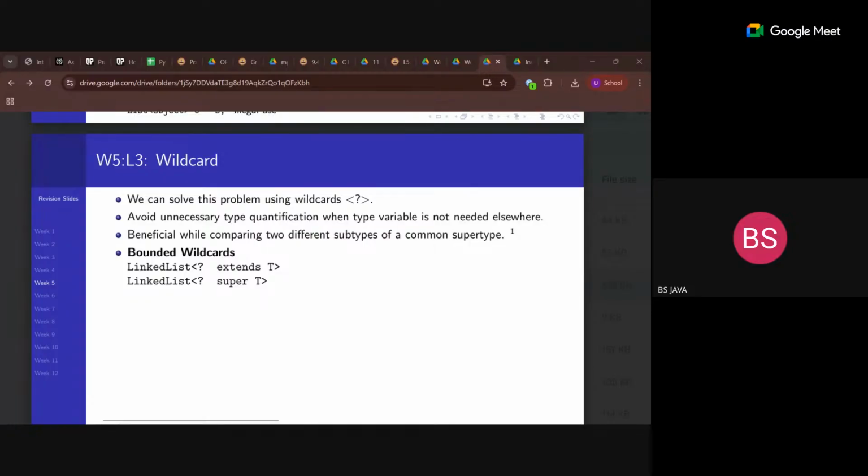Okay. So the major thing in wildcard is that it increases the flexibility of the code. Whenever we are using the subtype, we need not mention what exactly it is. You can just give it as list or map, whatever it is. So here we have two types of wildcards. One is unbounded, and next is bounded. In bounded, it can be either upper bounded or lower bounded. Okay, so first